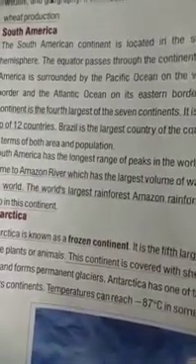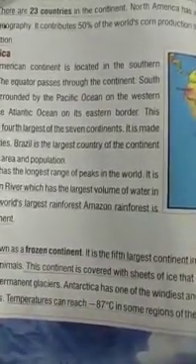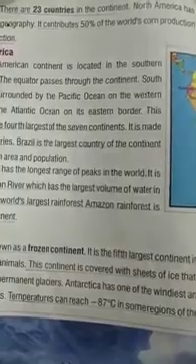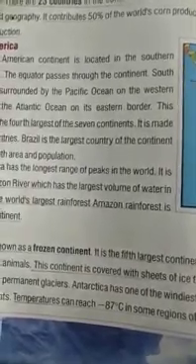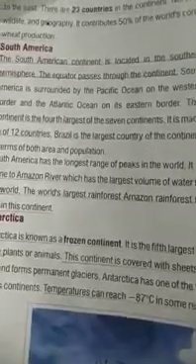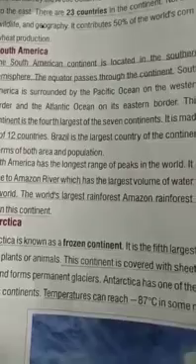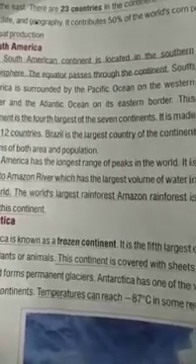The South American continent is located in the southern hemisphere. The equator passes through the continent. Okay, students, underline these important points. The South American continent is located in the southern hemisphere. The equator passes through the continent.